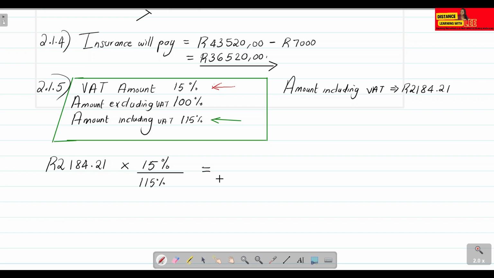And then in this case, it becomes super easy. We punch it into the calculator: 2,184.21 multiplied by 15 divided by 115. Why am I not saying percent? Because the percent and percent are canceling. We've got percentage over percentage, so you can just type it as 15 divided by 115. So you'll find that your answer is equal to 284 rand and